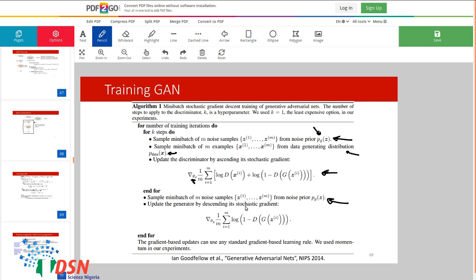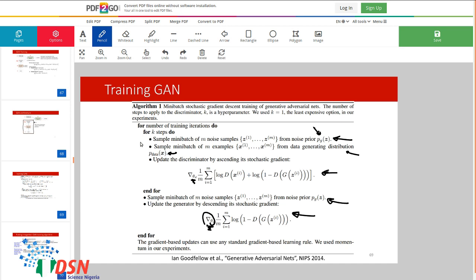We again sample a mini batch from a noise distribution, and after that we update the generator with stochastic gradient descent. As you could see here, we have the gradient with respect to the generator parameters, and after that we update that.